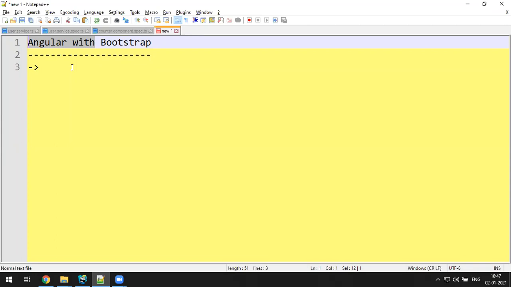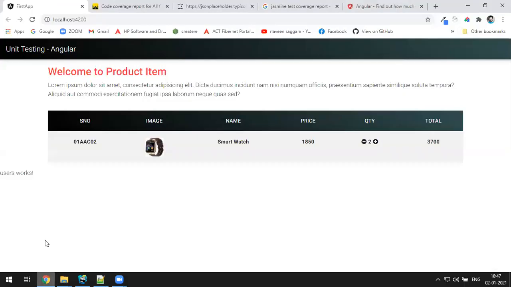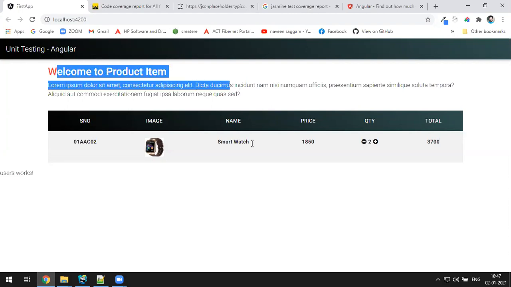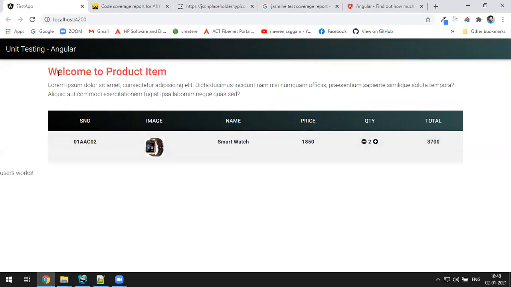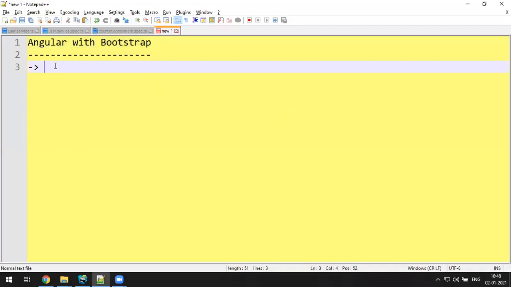Everything is common. But how you present the data, the table design, the fonts, colors, and all this, instead of Bootstrap they use a few other things.